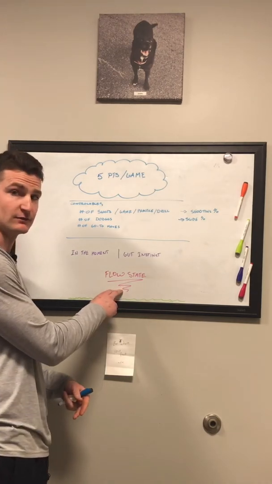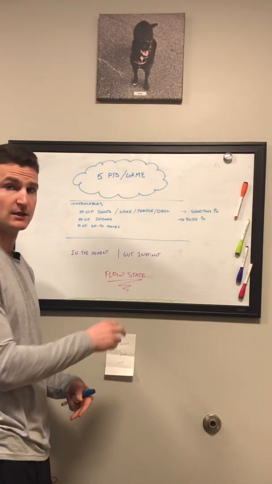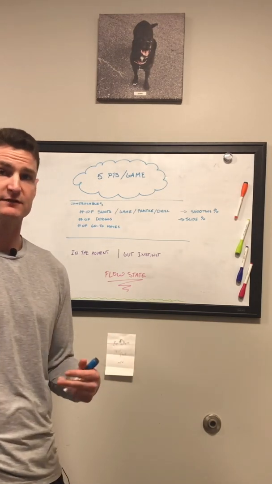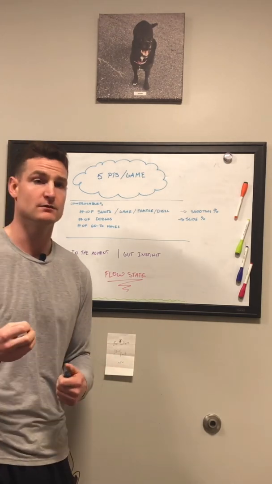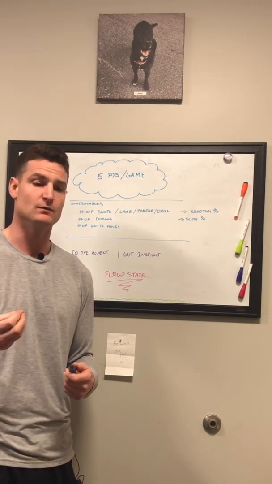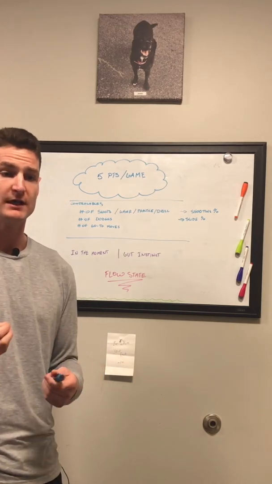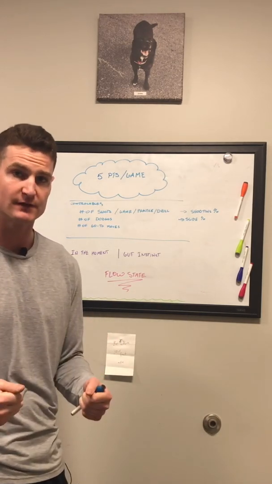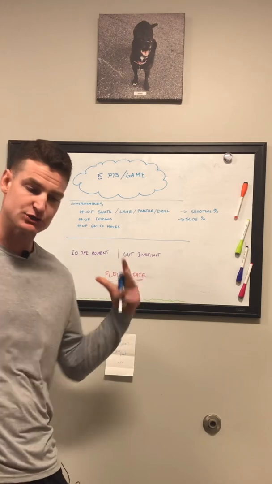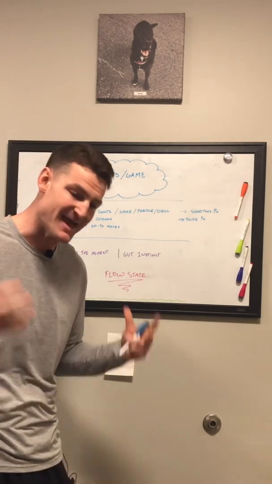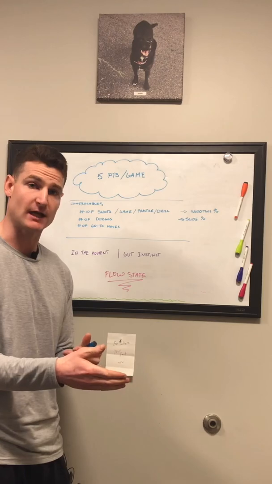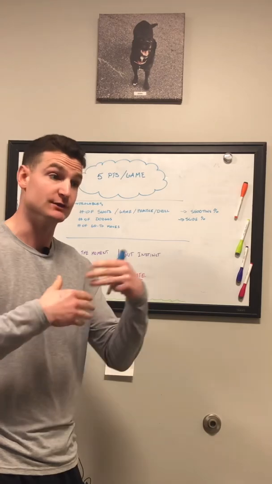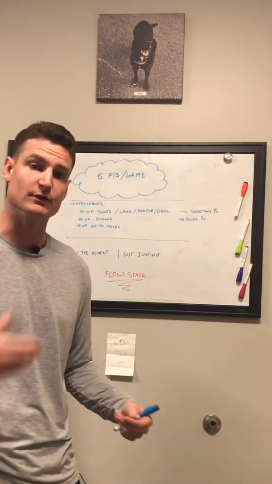This is what we're really after, right? The magic flow state. Some people could call it being in the zone, white moments. There's lots of different terms for it. One of the ways that I've heard to describe this well is that flow state is the act of being fully immersed in the task at hand. So you are so focused, your attention is so embedded in the actual task at hand that you enter a state of flow where you stop trying and you just do. You're not thinking about what you're doing, you're just doing it.